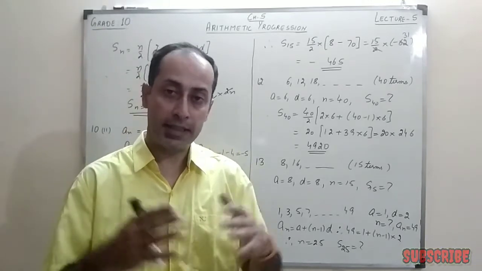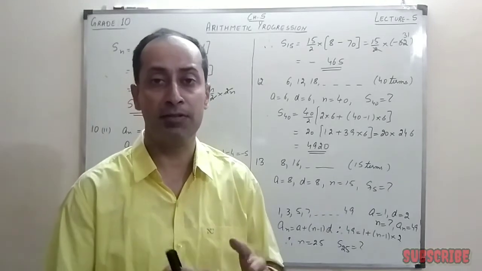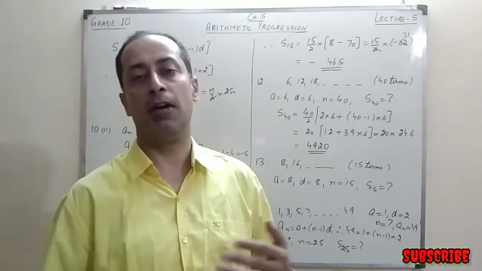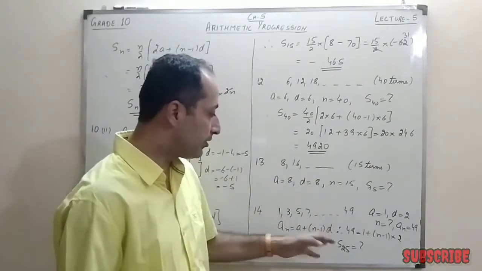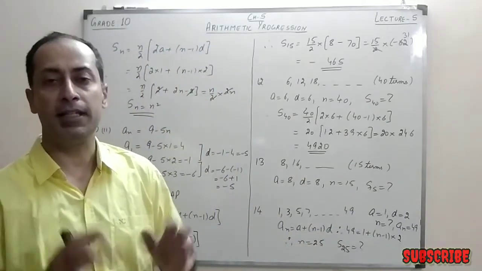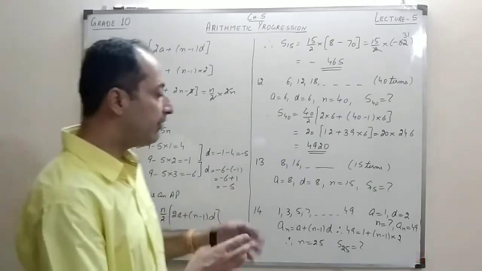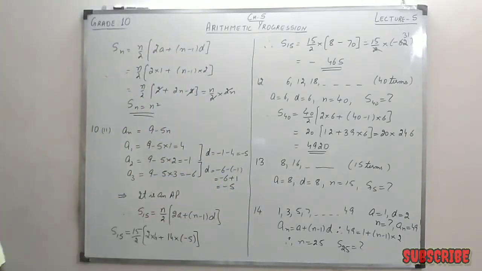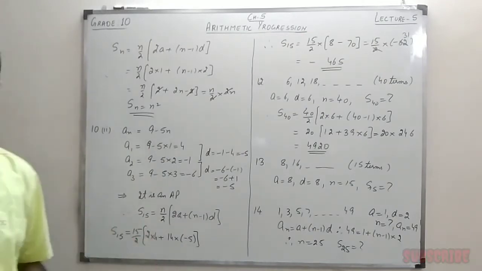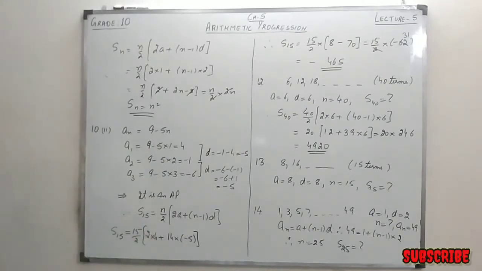But if the gap is big, if I ask you between 1000 and 2000, you will have to think how many numbers there are, right? So in that case, you will have to calculate this way. So here I have simply taken n as 25 and then we can find the sum of 25 terms of the AP using again the same relation, Sn is equal to n by 2 into 2a plus n minus 1 into d.